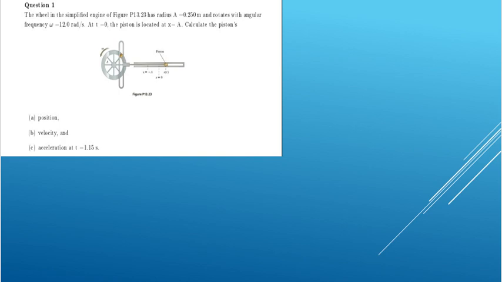The wheel in the simplified engine of figure P13.23 has radius A equal to 0.250 meters. Then we have been told that the angular frequency